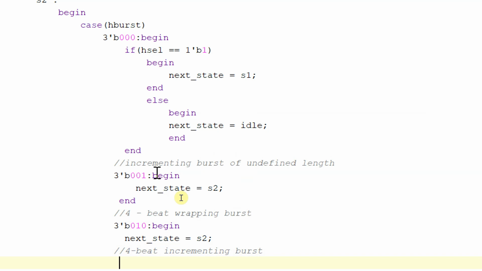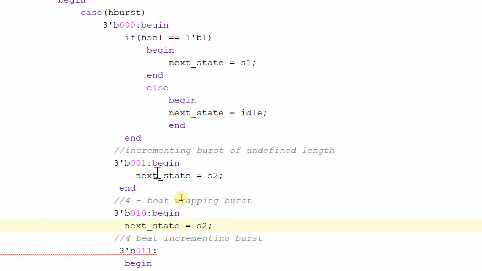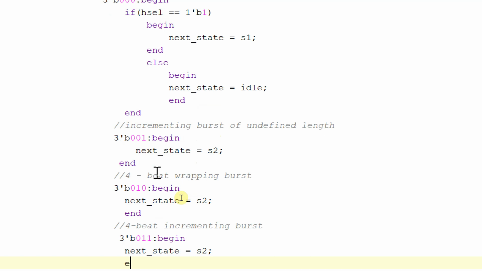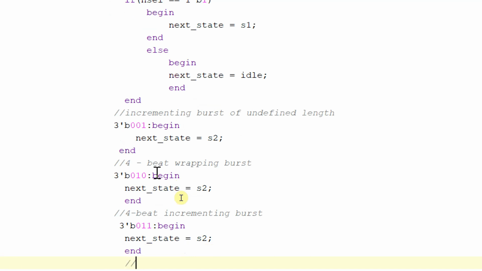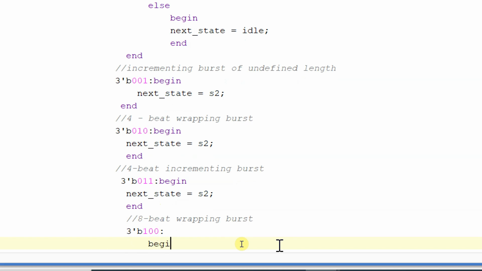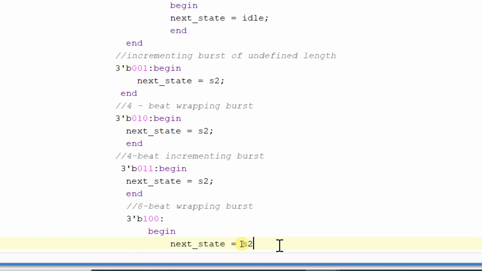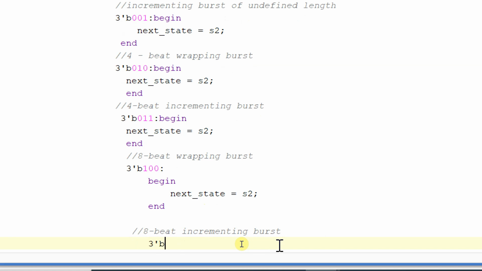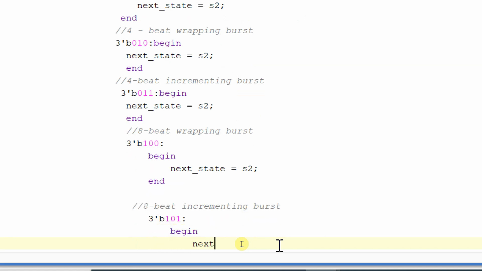and if it is 4-bit incrementing burst, that is 3'b011, then begin this, and here we should end this. Begin next_state will be equal to s2, ending this, and if it is 8-bit wrapping burst, that is 3'b100, then begin next_state will be equal to s2 and ending this, and if it is 8-bit incrementing burst, then it is equal to 3'b101, and begin next_state will be equal to s2